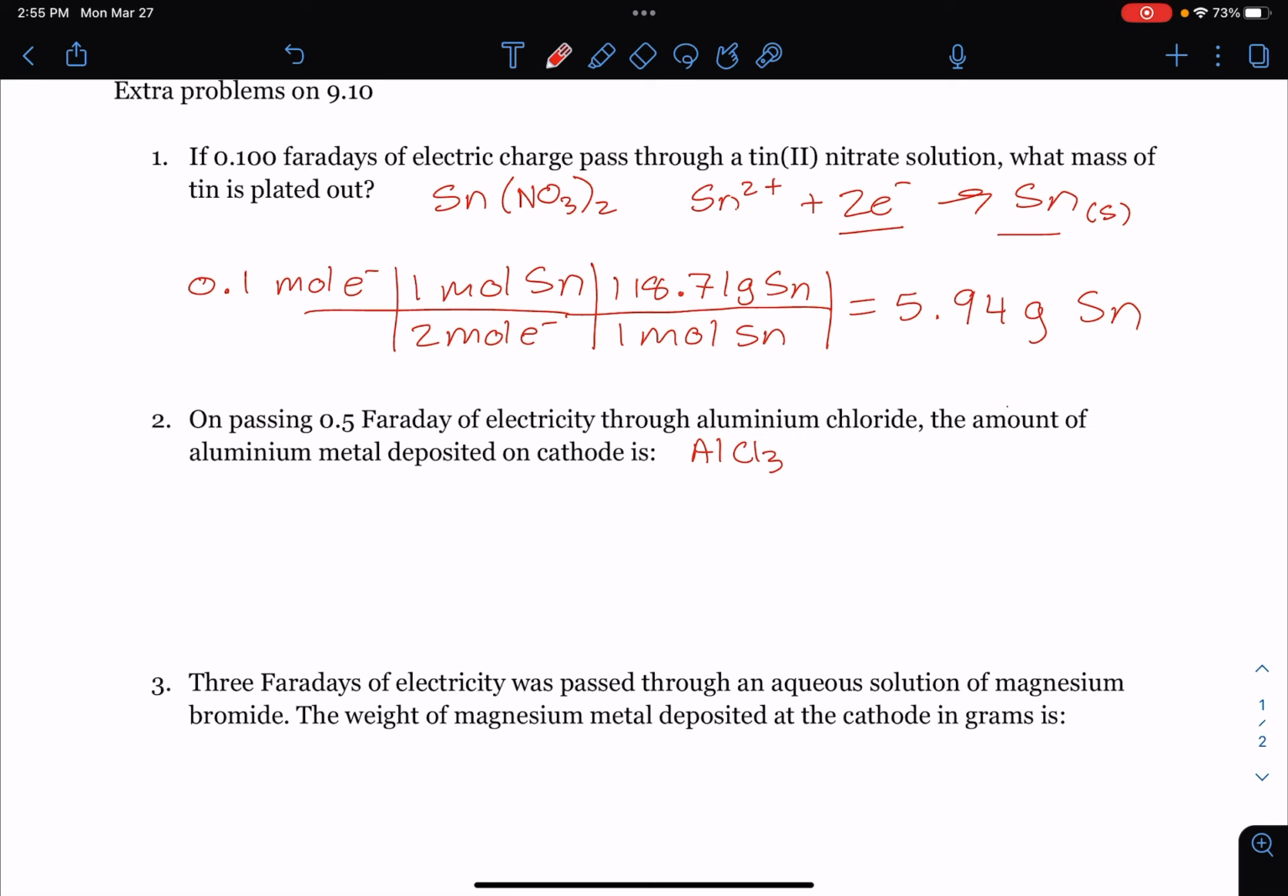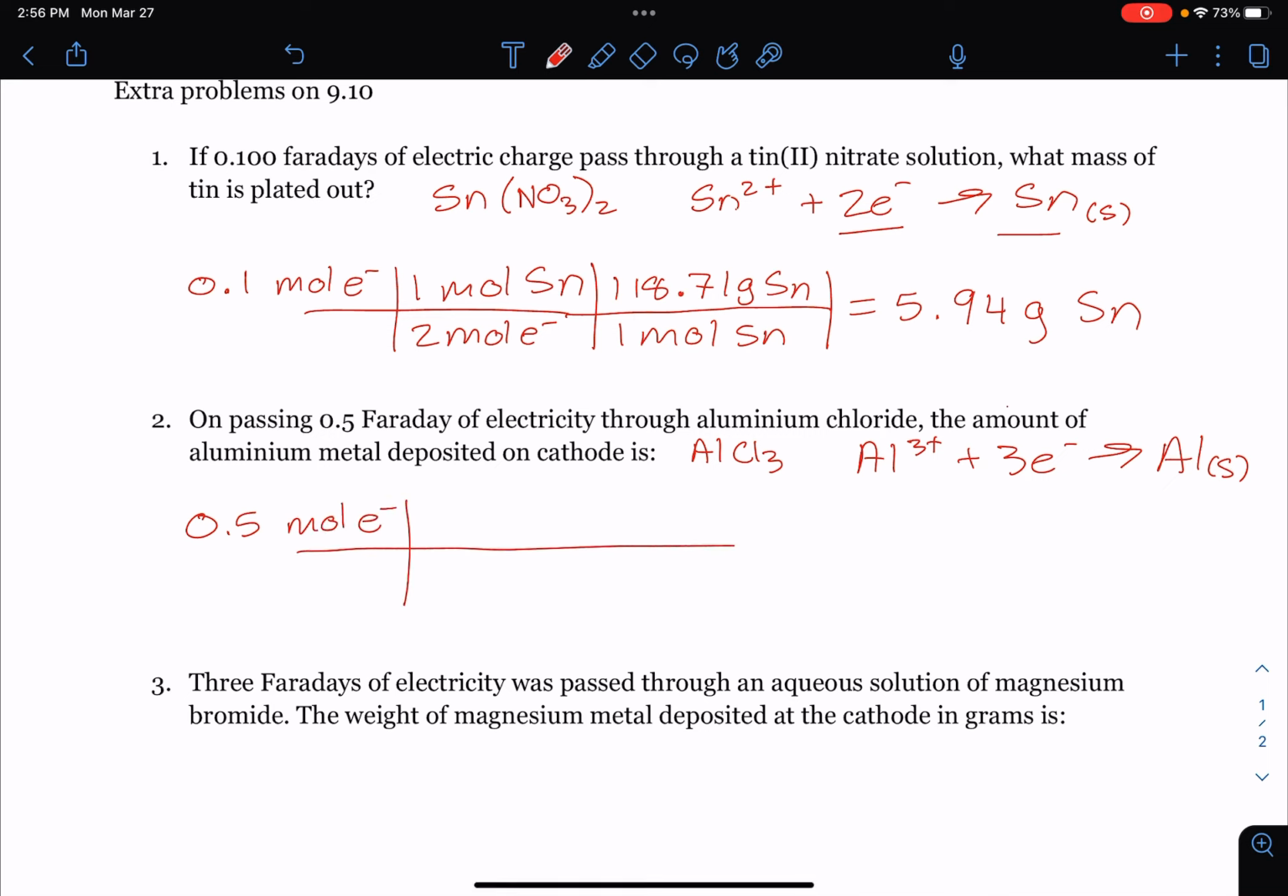At the cathode, one thing you can remember is there is something called red cat and ox. This is just a mnemonic to help you remember that reduction happens at the cathode and then oxidation happens at the anode. So the reduction, which is gain of electrons, the aluminum 3+ ions are going to gain 3 electrons and turn into aluminum solid. 0.5 Faraday of electricity means we have 0.5 moles of electrons being passed through the